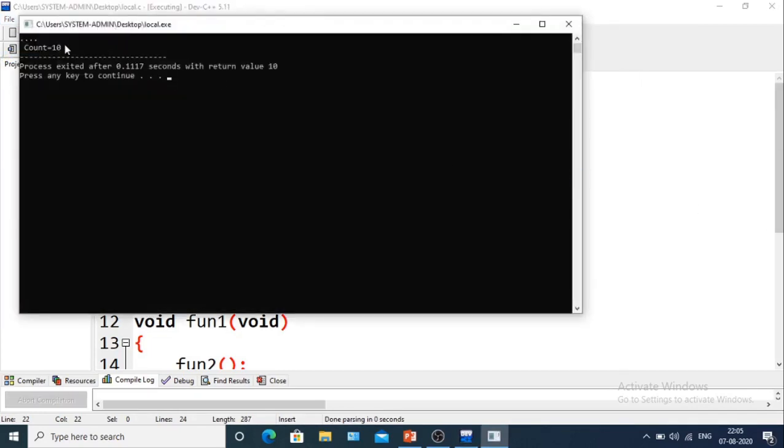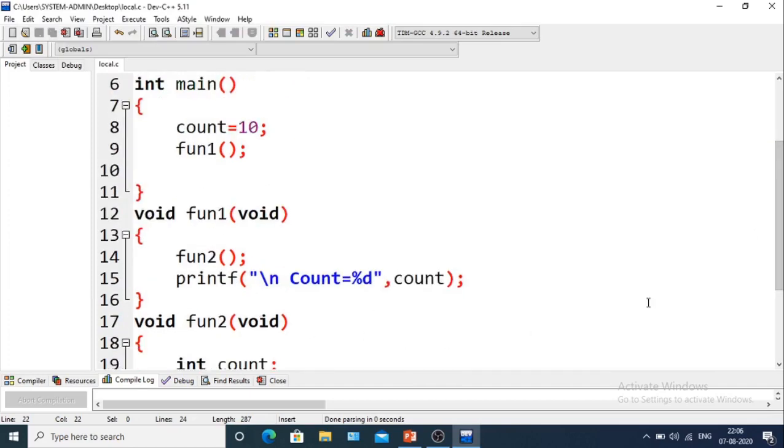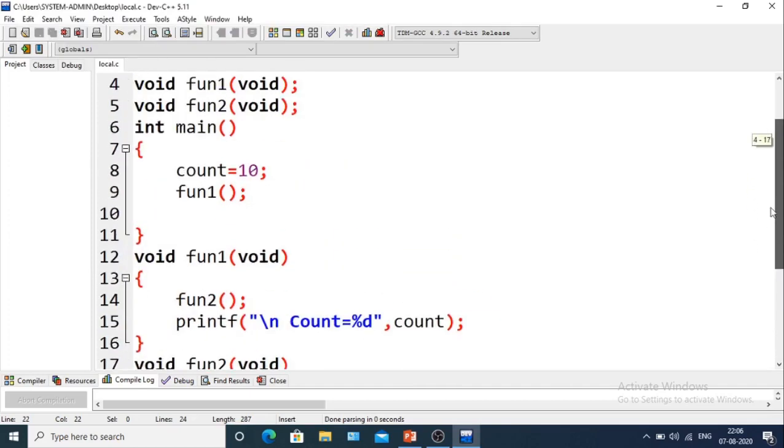As you can see, the value of count is 10, and here the 4 dots have been printed, because the loop runs from 1 to 4.